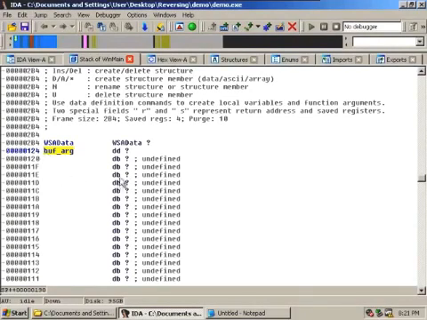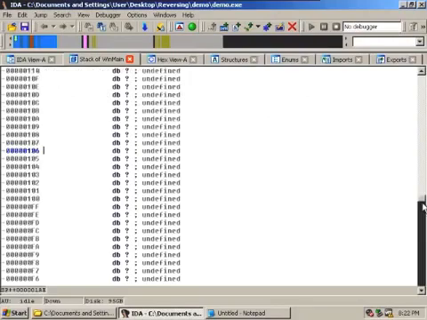So that's why you have all of these unidentified bytes here. They're simply part of the buffer. But because IDA doesn't know that this is a 256 byte buffer, it doesn't fold up the bytes into it. So if we scroll down, there's going to be 256 of these bytes, and then we're going to have the